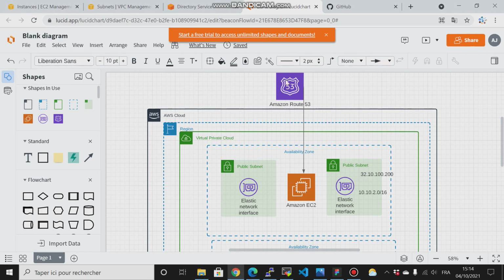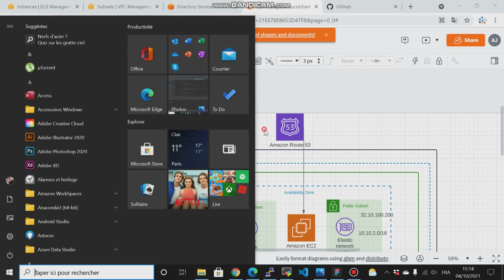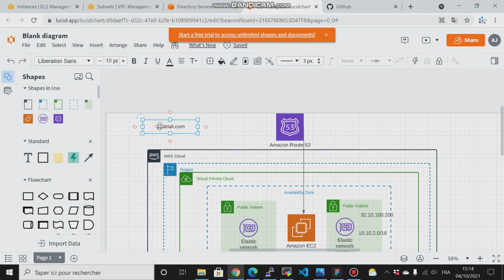If your domain is, for example, antlali.com, then you have created a subdomain, www, and that points to this